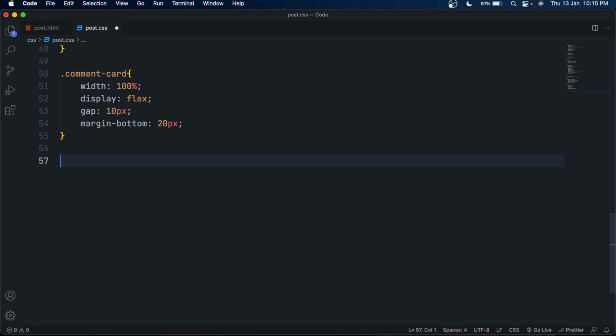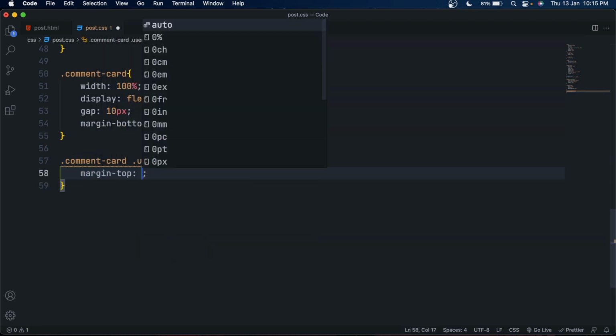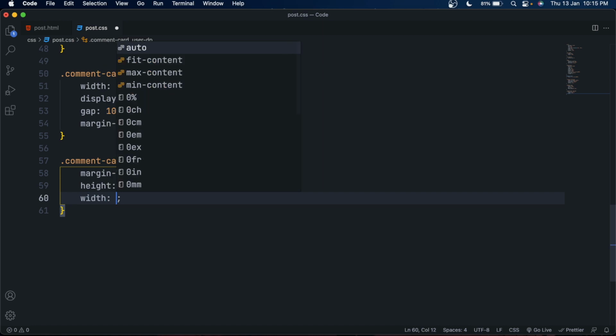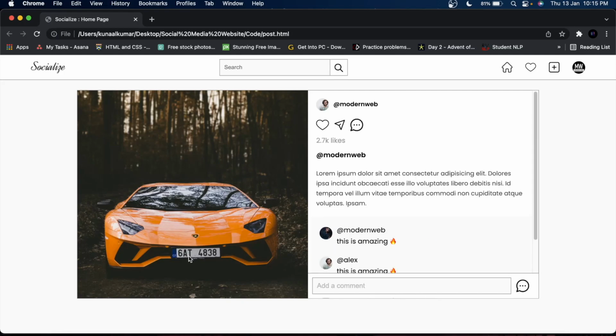Now select the user DP of the comment card and give it some margin top, let's say 5 pixels. Set its height to 30 pixels and width to 30 pixels also, so it will make the image smaller.